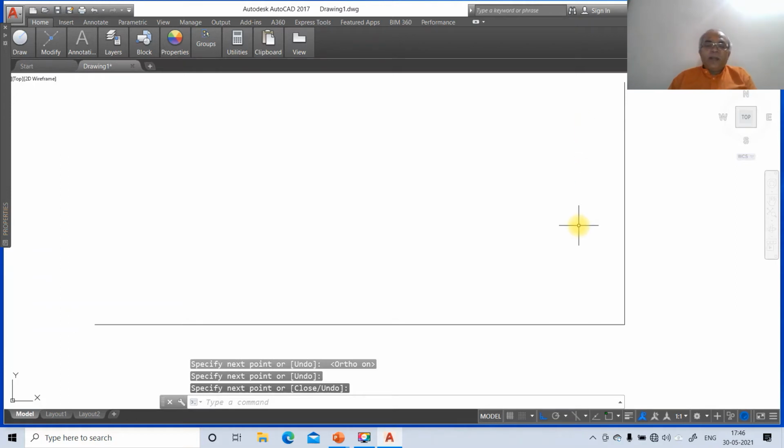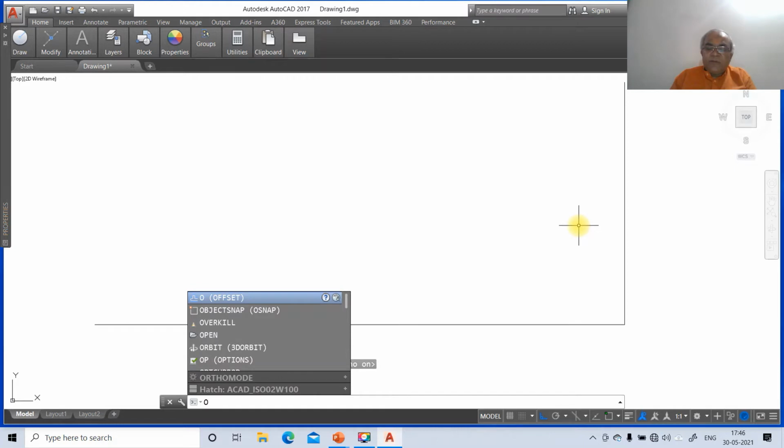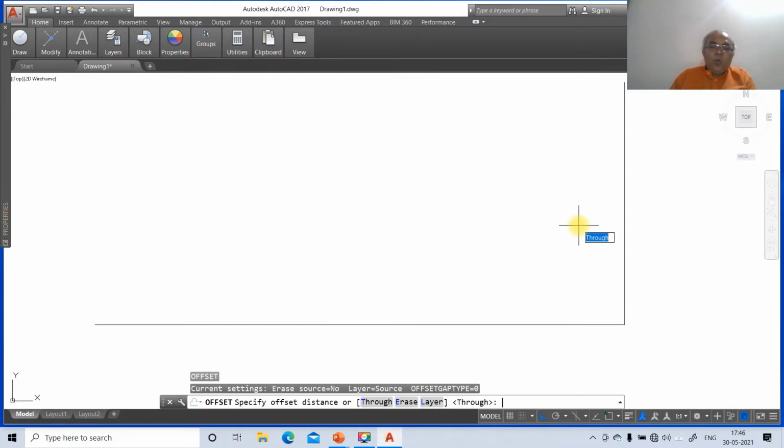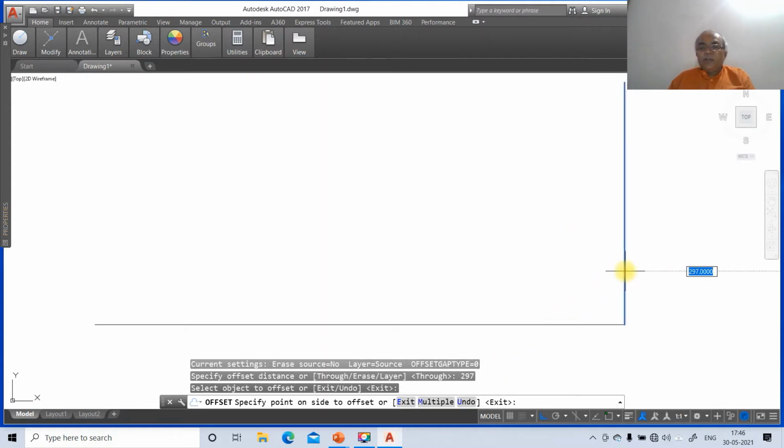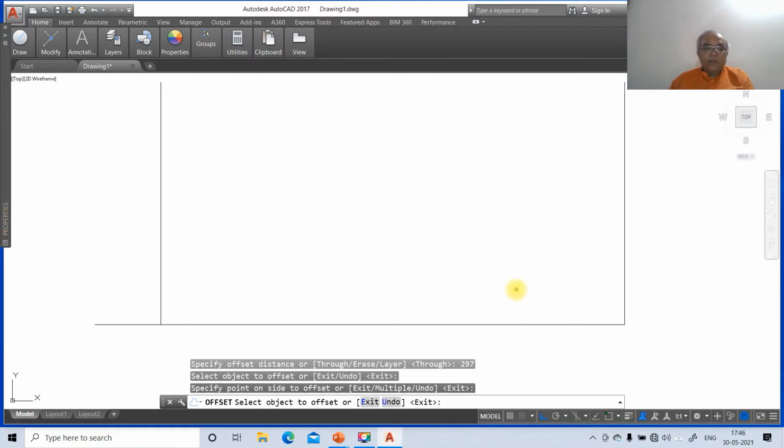Now you draw a parallel line. To draw a parallel line, we use the command called offset. The shortcut key for offset is O, and type the distance as 297 and enter. Select the vertical line and click, and choose which side you want to offset. I want to offset to the left side. You take the cursor to the left side and click.